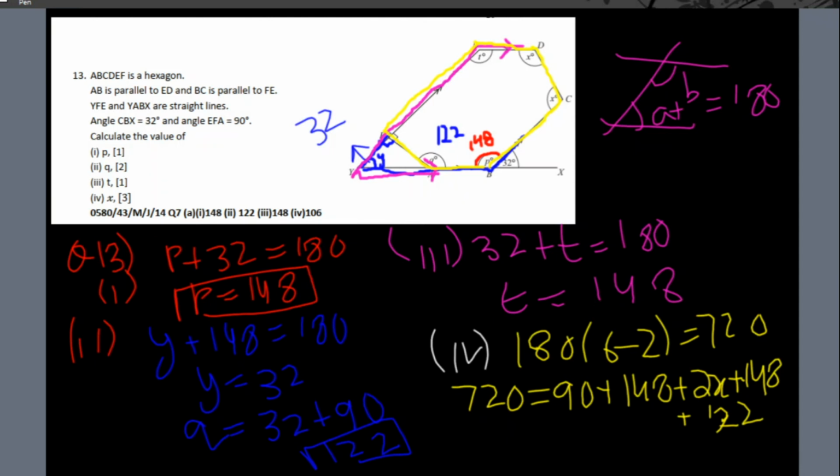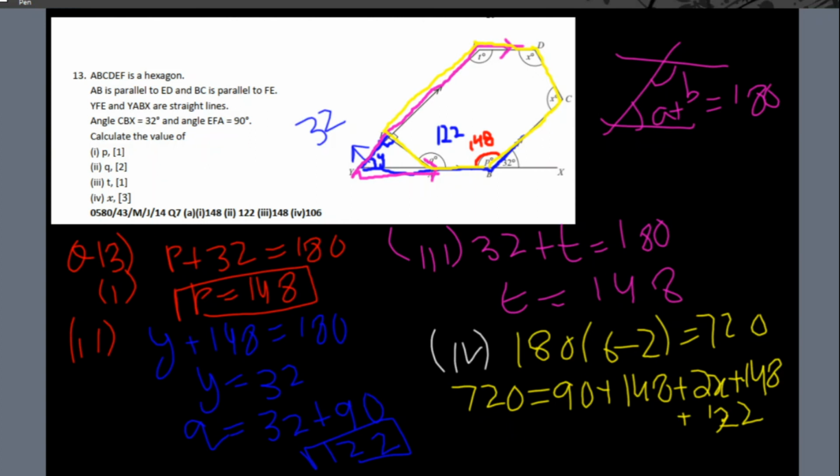Let me re-enter the equation in the calculator. 720 minus 90 minus 148 minus 148 minus 122, and then divide it by 2. When we take the coefficient of 2 to the other side, we get